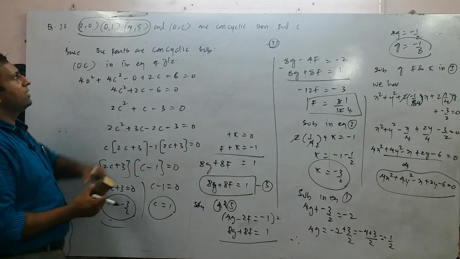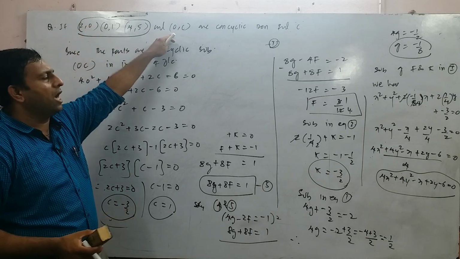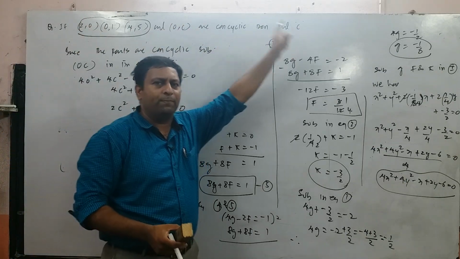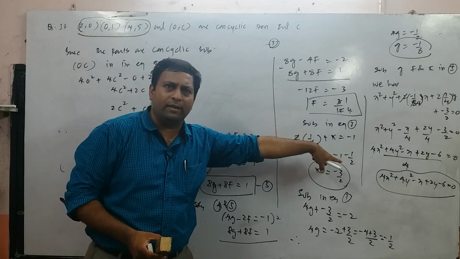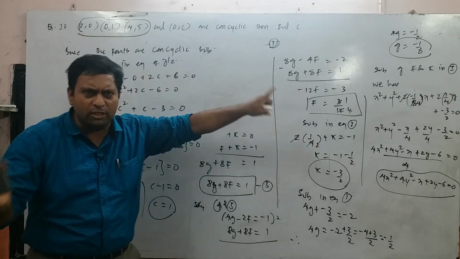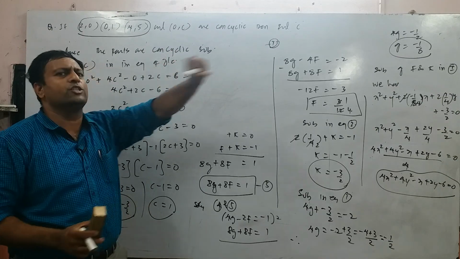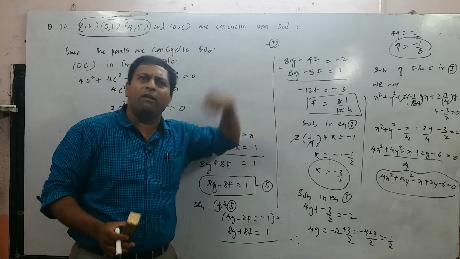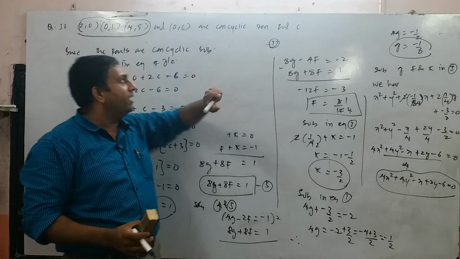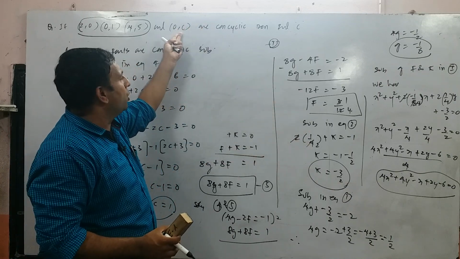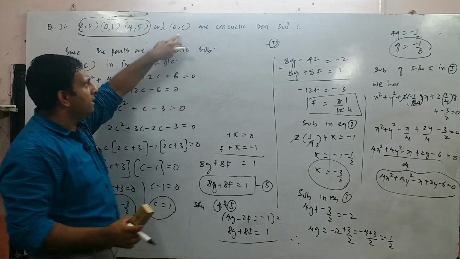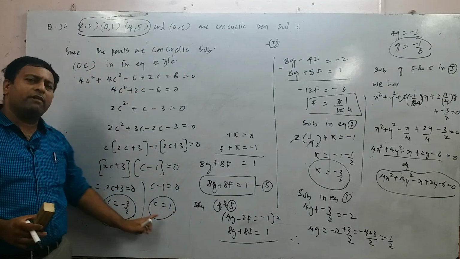The question asked was, if the points are concyclic, find the value of c. What did I do? With the help of 3 points, I found the equation of the circle. Purely algebra, no circle concepts. The only concept of the circle is assuming the equation of the circle. The rest is all solving for g, f and c. Once you find the equation of the circle, you substitute the 4th, unknown point in the equation of the circle, thereby getting the 2 different values of c.